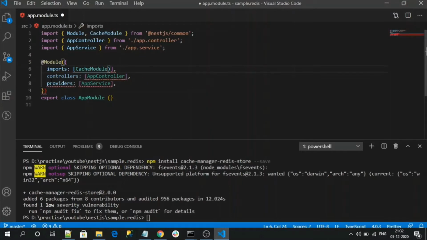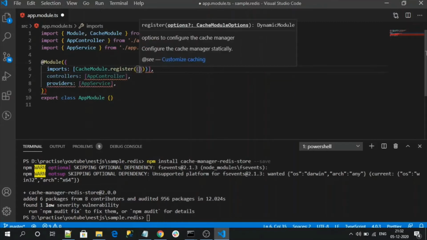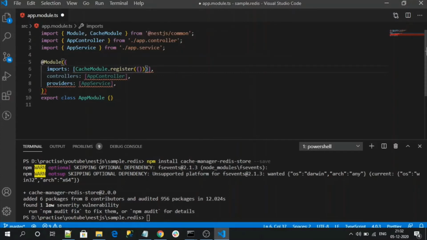And the cache module comes with a method called register, where we can pass our Redis configurations, which will be used by our application to make a communication channel between the application and the Redis store. So in this register method, we need to pass our required configurations.